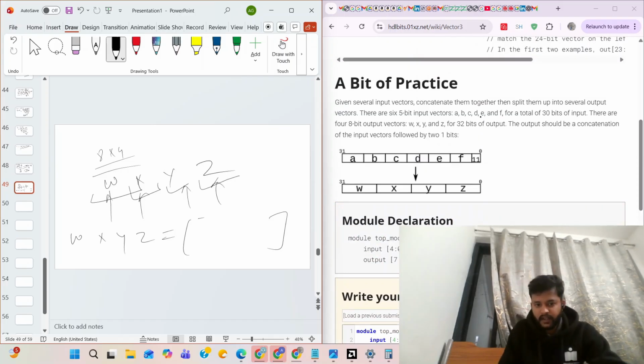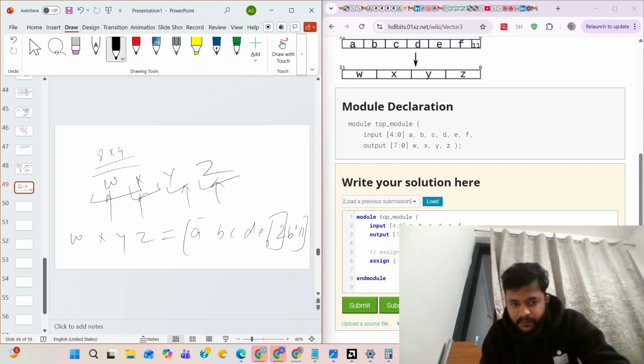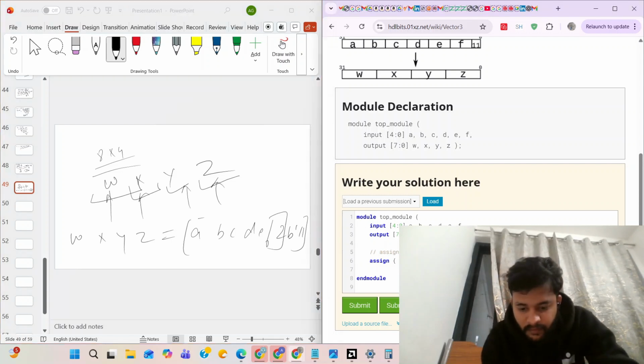We have to join A, B, C, D, E, F and the 2 bit 1 1 like that. When we concatenate, it will directly be equal to WXYZ. So we'll do that thing.